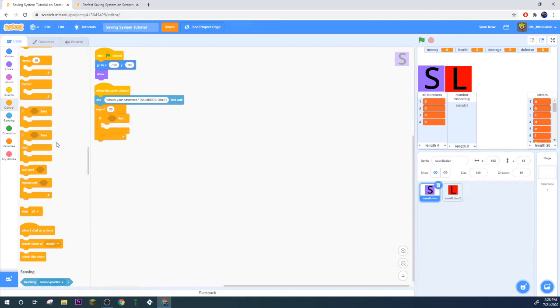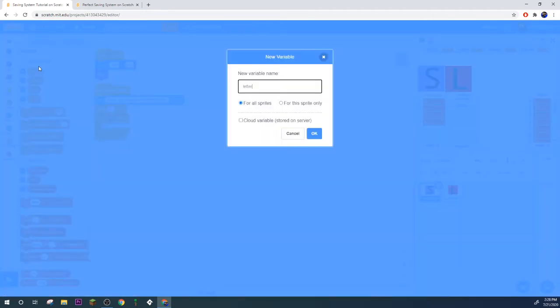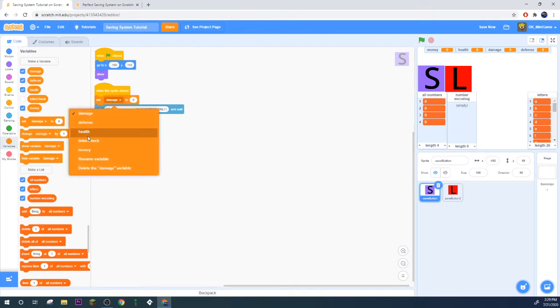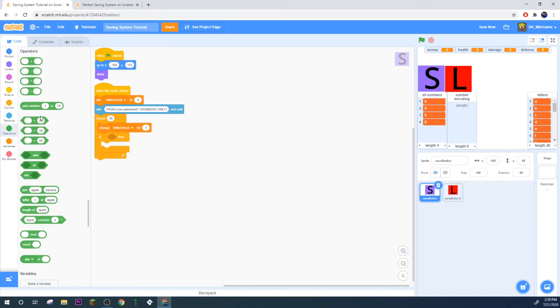We're going to make a variable called letter check. It means it's going to check for a letter. We don't need to show that. So obviously when it's clicked, we're going to set letter check to 0, right? And then we're going to change letter check by 1 in here. And then it's going to say if answer